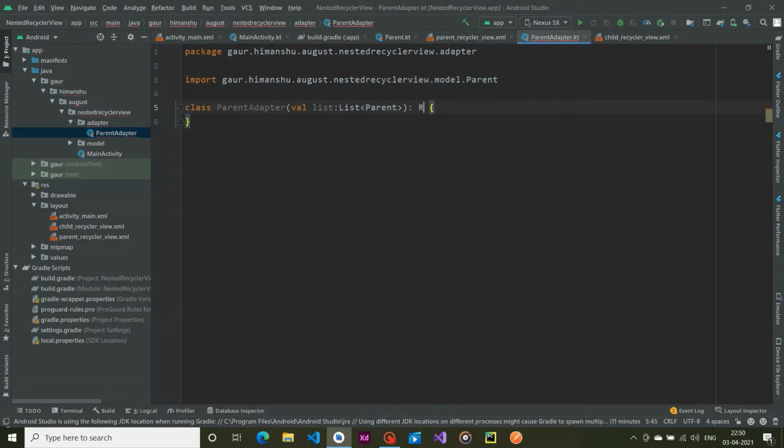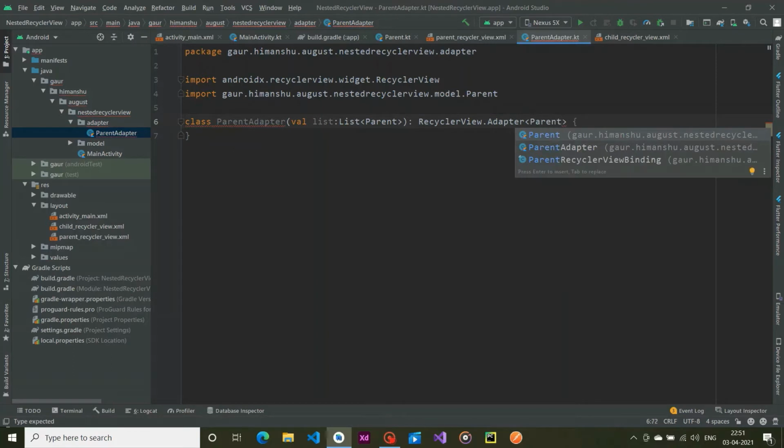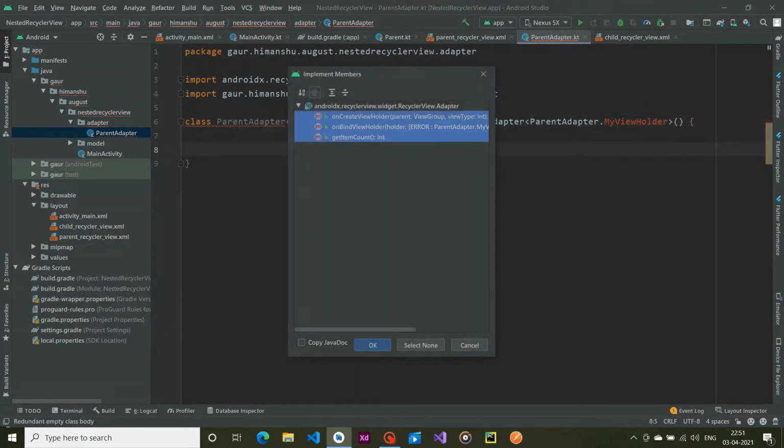And now extend this class with RecyclerView.Adapter, and my adapter name is ParentAdapter, and within this parent adapter we are going to create my view holder class, and just press control I, shift down.